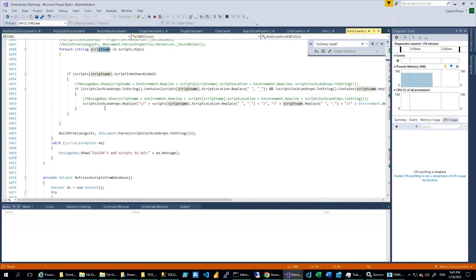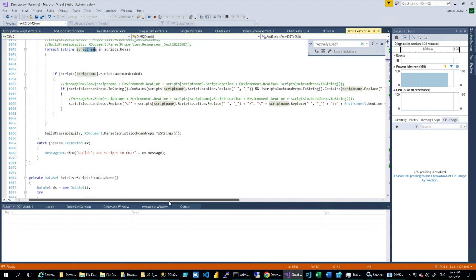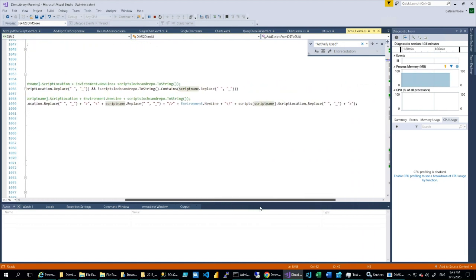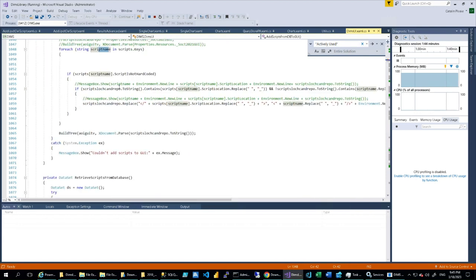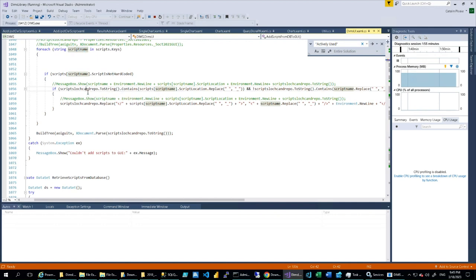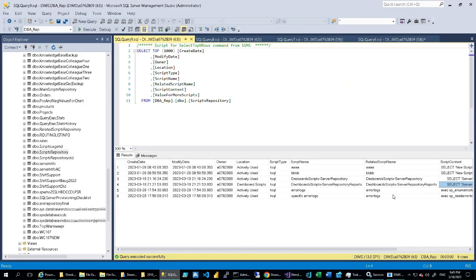Okay, script location and repository, replace script name plus environment new line script name. Okay, let's see why it's... and scripts location contains script name. Location contains script name. Script location. Let's go back to the scripts here. So our scripts related script server